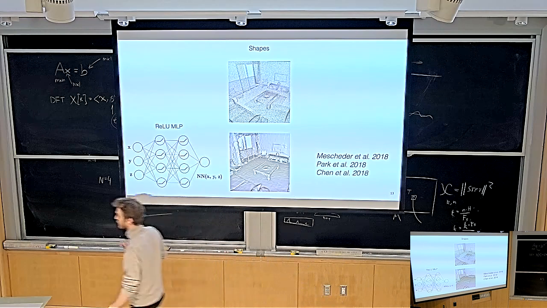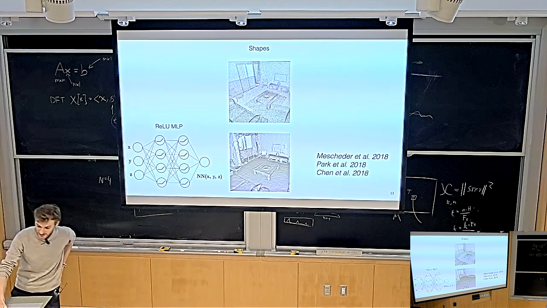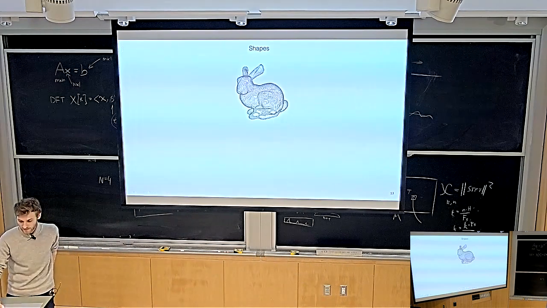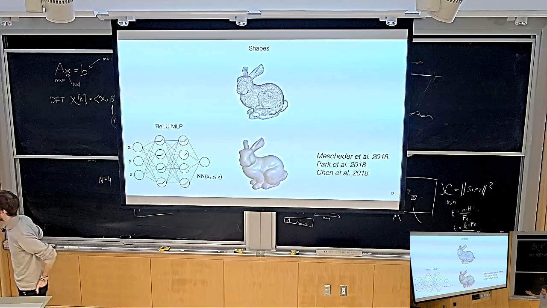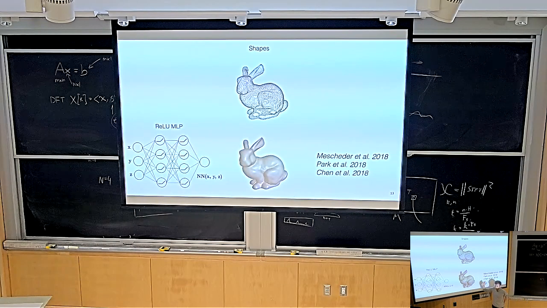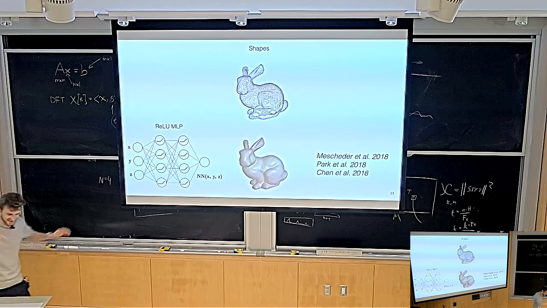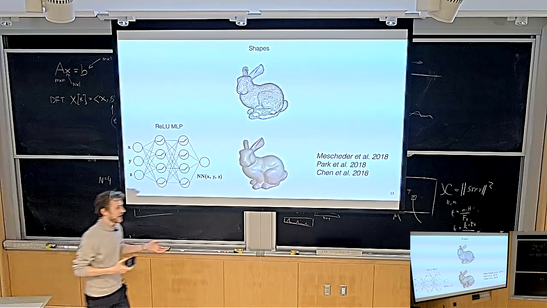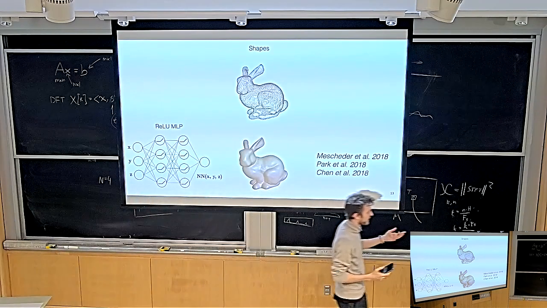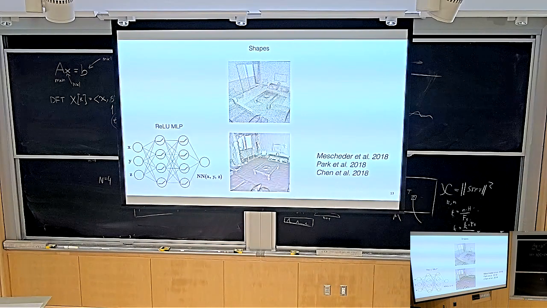So, okay, this seemed like a great idea, and it worked really well. These first few papers that I just showed you did this really cool thing where they encoded funny little shapes, and they had some generalization in there and whatnot. It was cool. But then people tried it on larger scenes, like this room scale scene. If you just take a ReLU neural network, which is what everyone used back then, and use it to parameterize this large 3D scene, it would look something like that. So somehow the ReLU neural network didn't quite get it.